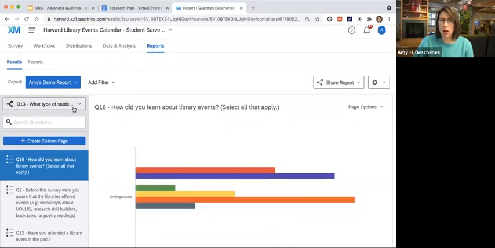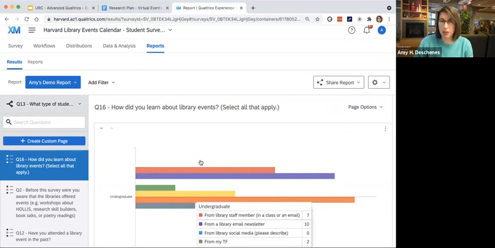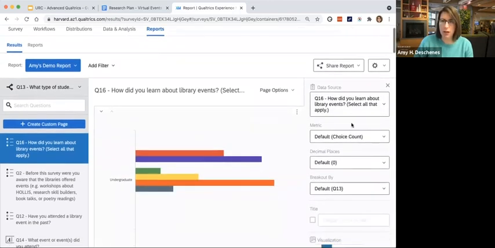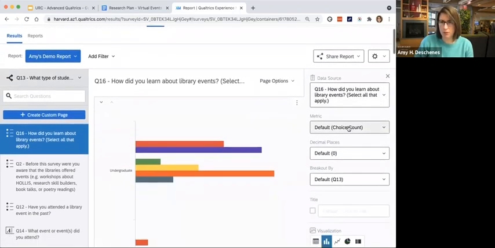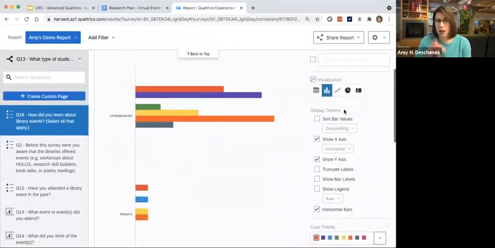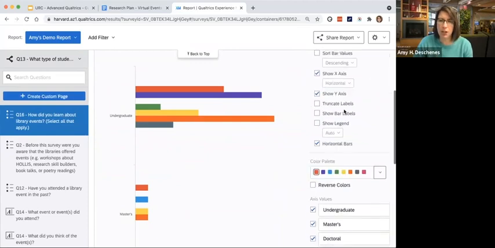You can also apply a breakout at a question level. So if you only wanted a breakout for this question, you can click on that, and over here, the data source sidebar comes up and gives you a lot of options about how you can customize just this presentation.